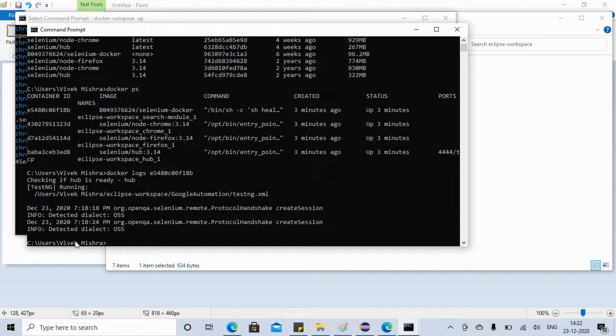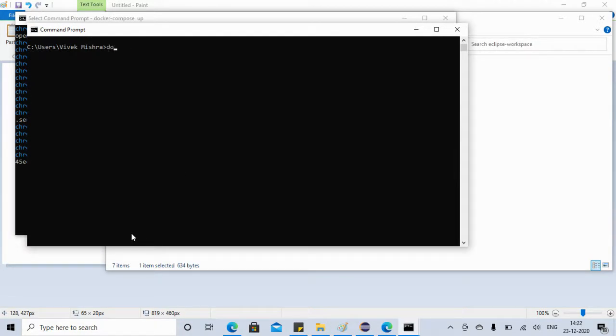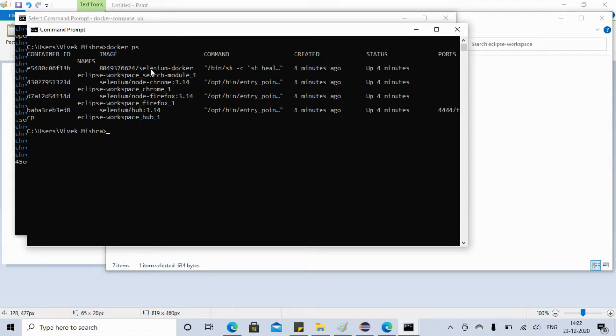Let me clear this screen and see what is happening. Docker PS shows all the containers that are running. See, Selenium Docker is running here. Now let's see why it is taking so long, it should not take this much time. So I will say docker logs.